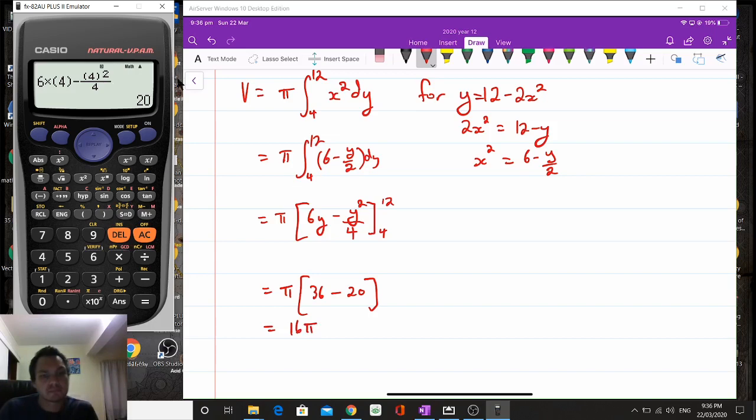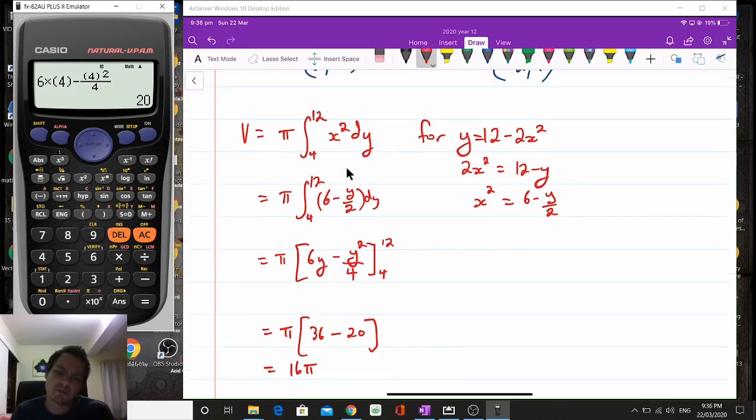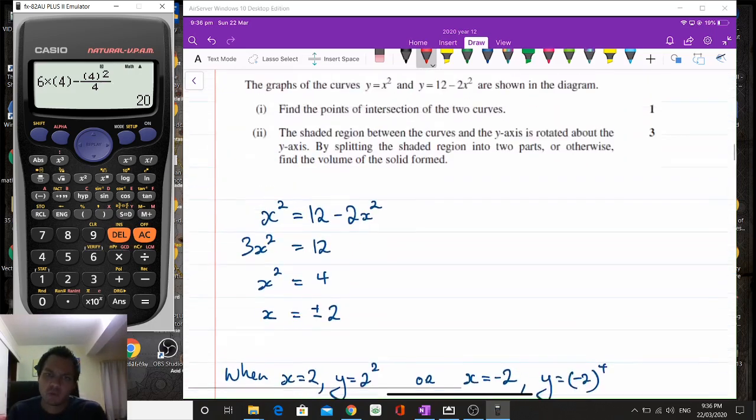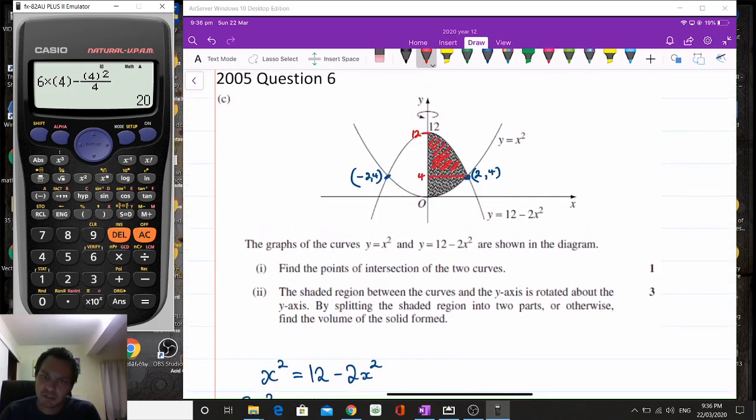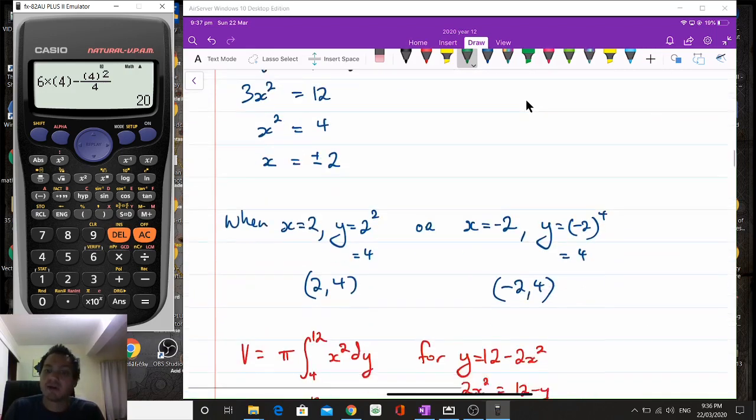Now, I said I only half did the question because that only found the red part that was spun around, so that would find this top section that's been spun around, and we also need to add this green part there as it's spinning around the y-axis, and that's between 0 and 4. Okay, and that's our x squared. So the green part,